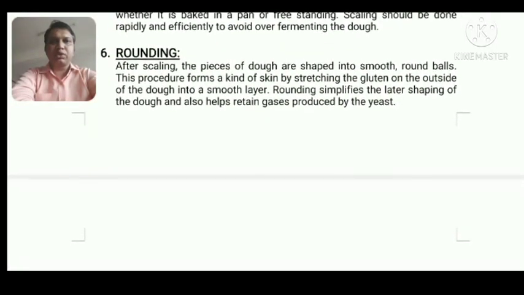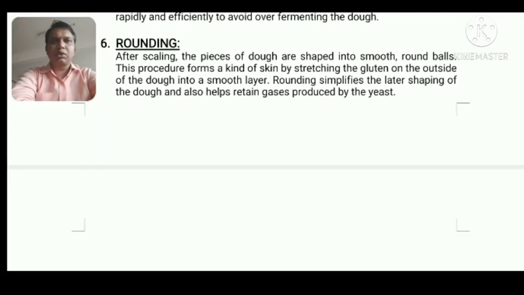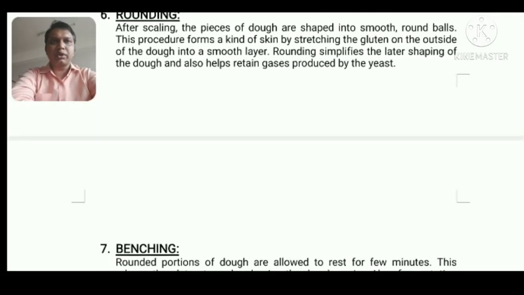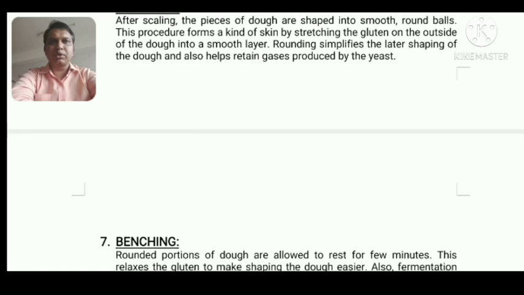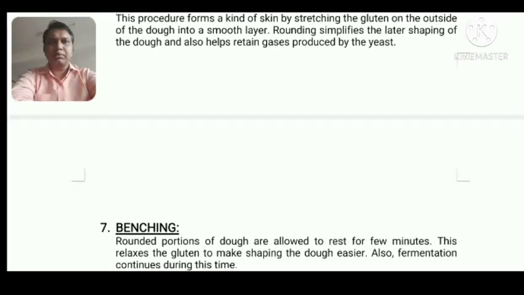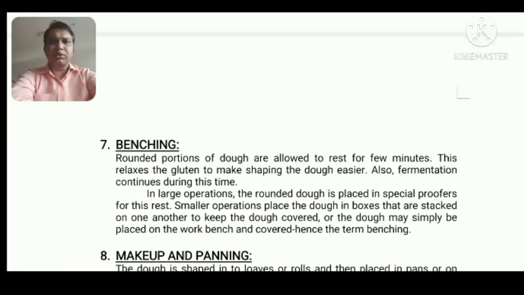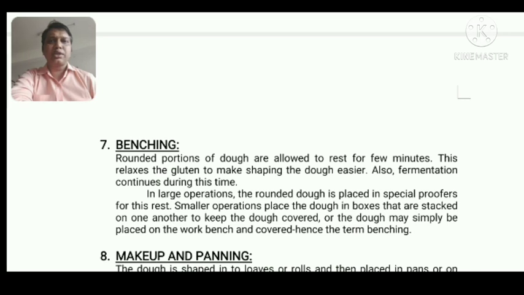After scaling, the pieces of dough are shaped into a smooth, round ball. The process forms a kind of skin by stretching the gluten on the outside of the dough into a smooth layer. Rounding simplifies the later shaping of the dough and also helps retain the gas produced by the yeast. Rounding is a process after cutting and scaling the dough: we round the dough balls, and after making the round balls, they get a rest, and this resting will help the making of